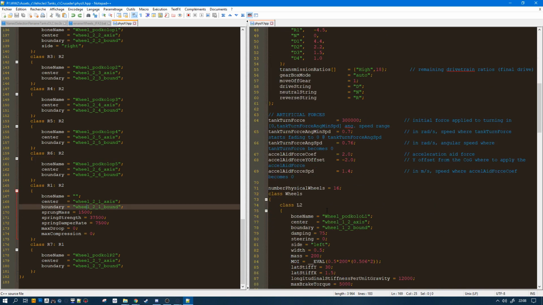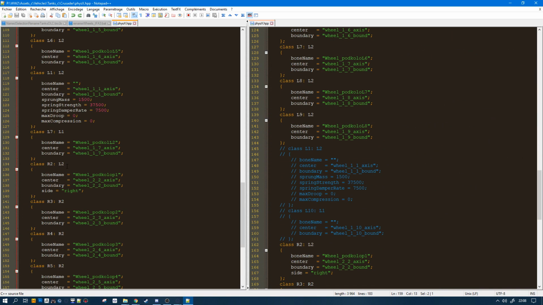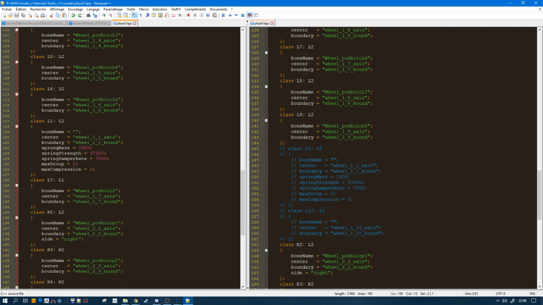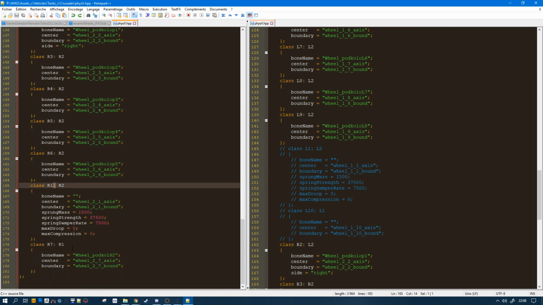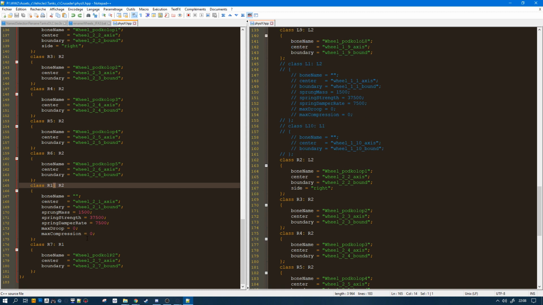What I did not check here is the number of wheels. So I have 6 wheels plus the R1, R7 and L1, L7. But those are going to be completely changed because